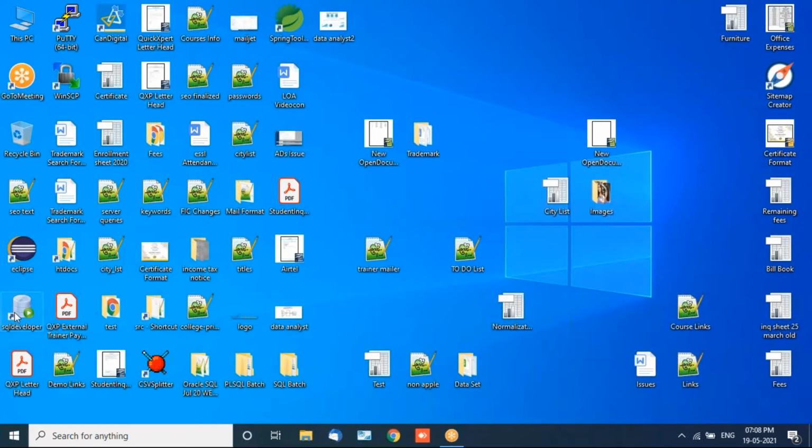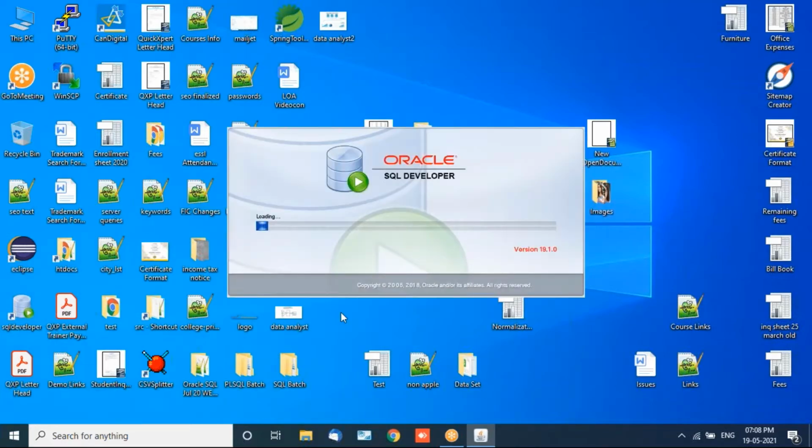So this is the Oracle SQL Developer tool that we'll be using for development, which is the front end. It's an IDE provided by Oracle itself. We'll use the Oracle 19 version and the Oracle XE version server, which is the primary database. This is the client that is going to connect with the Oracle server. I'll quickly show you one connection, and then we'll install the Oracle server and everything.